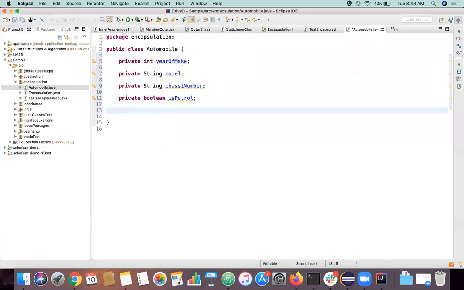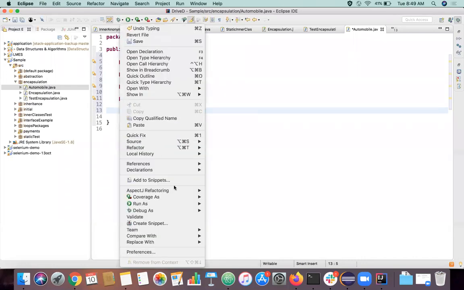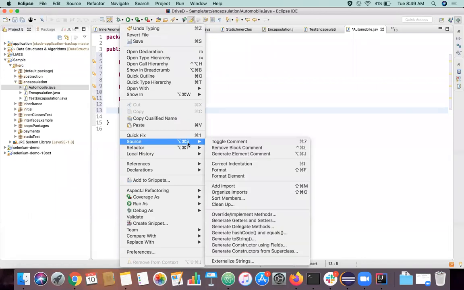So what I'll do, instead of me going and creating getter setters for this entire thing, every Java IDE has this advantage. For example, I can just go to the option called Source inside this Eclipse, and you can see Generate Getters and Setters, right?